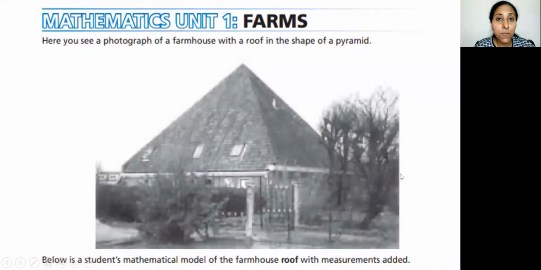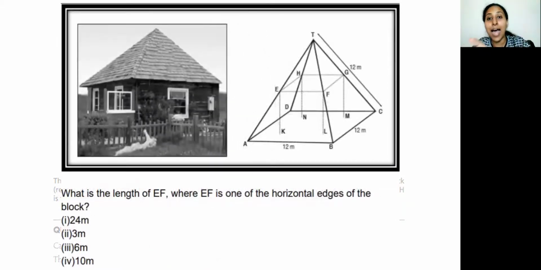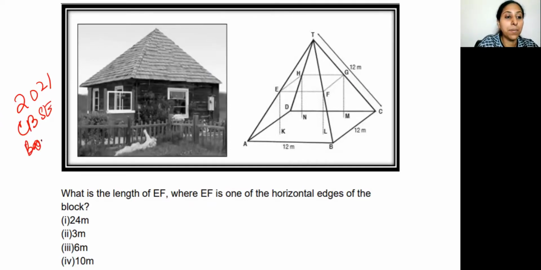Another example I'll show you. This was an example of a question, again, which came in PISA 2009. So you had a farmhouse type question, and there was a model of the farmhouse which was given. And based on this model, there were many sub questions which were asked, where you had to answer questions on areas and the volume and everything. Even coordinates based questions were asked on this. In the 2021 10th grade board sample paper, the question was modified as this. So this was from the 2021 CBSE board sample papers.